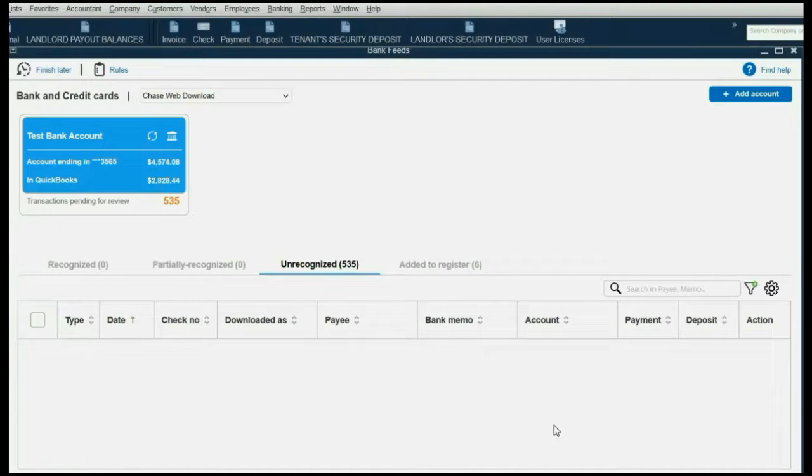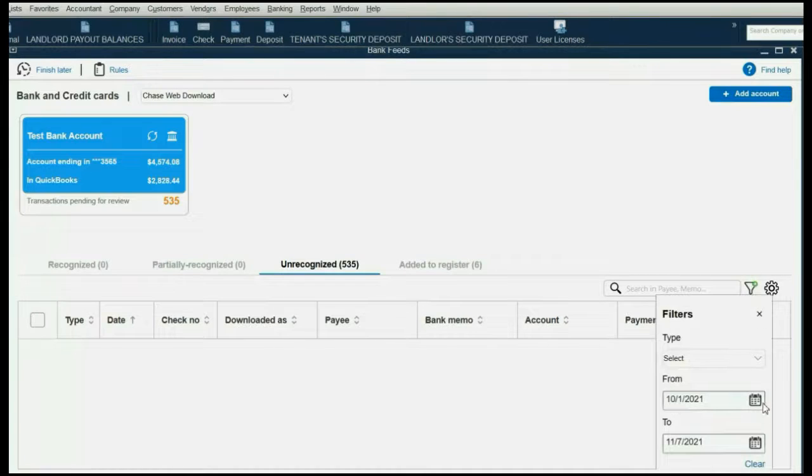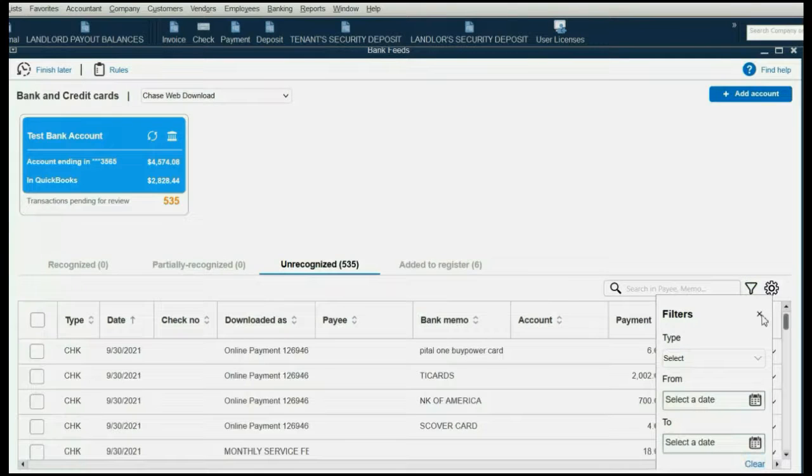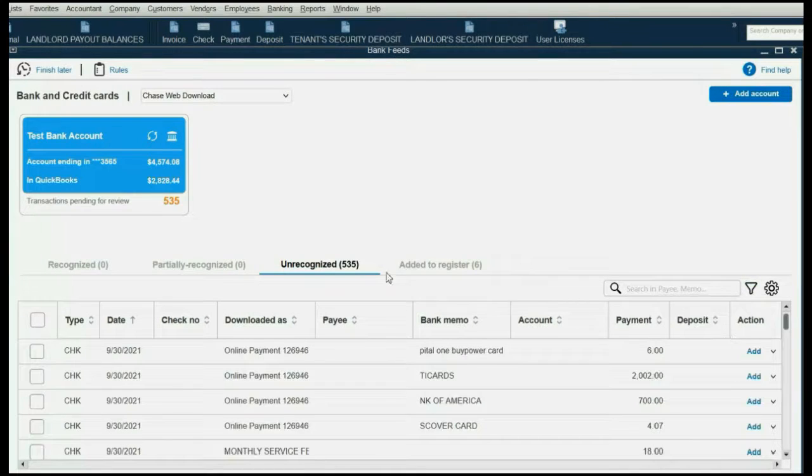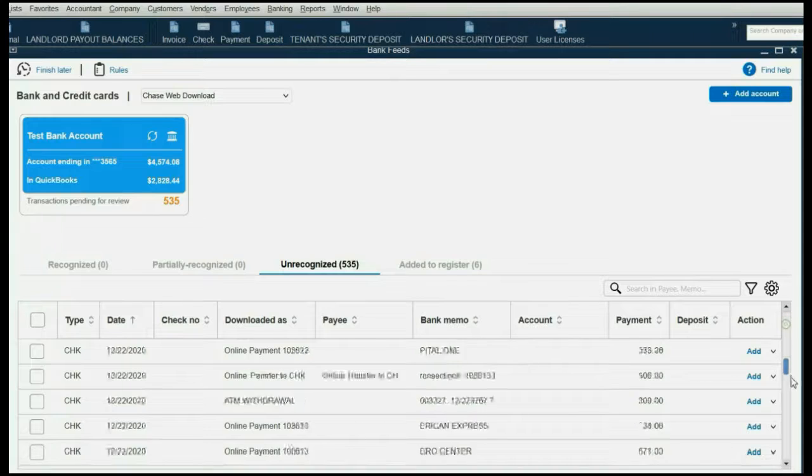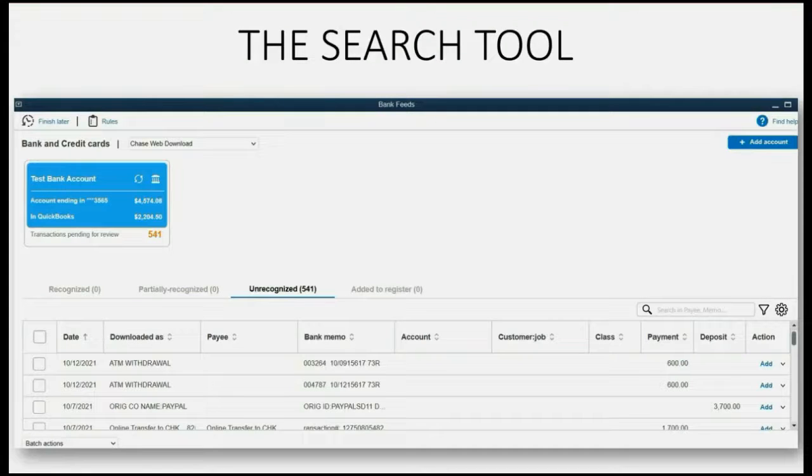So if you see nothing in the review list and you see this little green dot, you have to click to open it up, and at the bottom right, click Clear. Once you clear the filter and close the window, all of the other 535 transactions will come back to the review list. The other very helpful feature that has been added to the advanced mode of the review list is